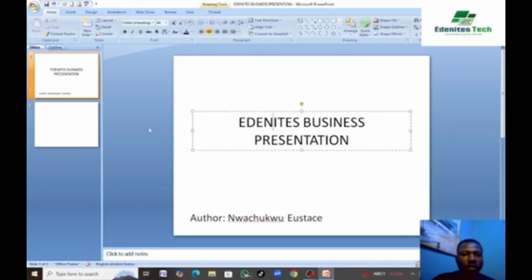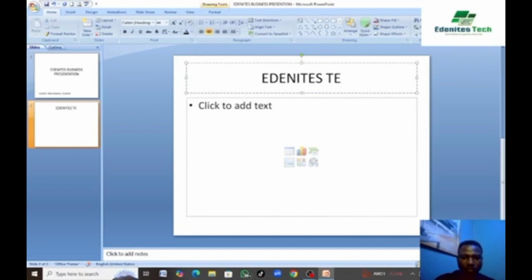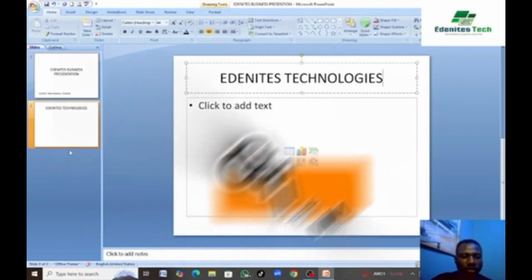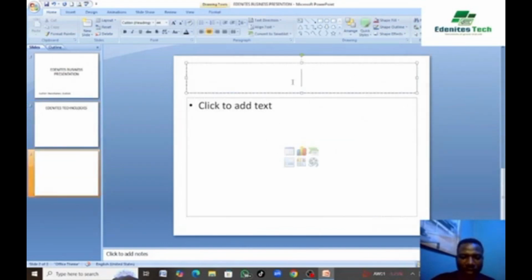Alright, so once this is done, you will go back to the next slide. Now here we can type Ignite Technologies. So to add the next slide, you can use the shortcut Ctrl M to add another slide, and then you type business chain,